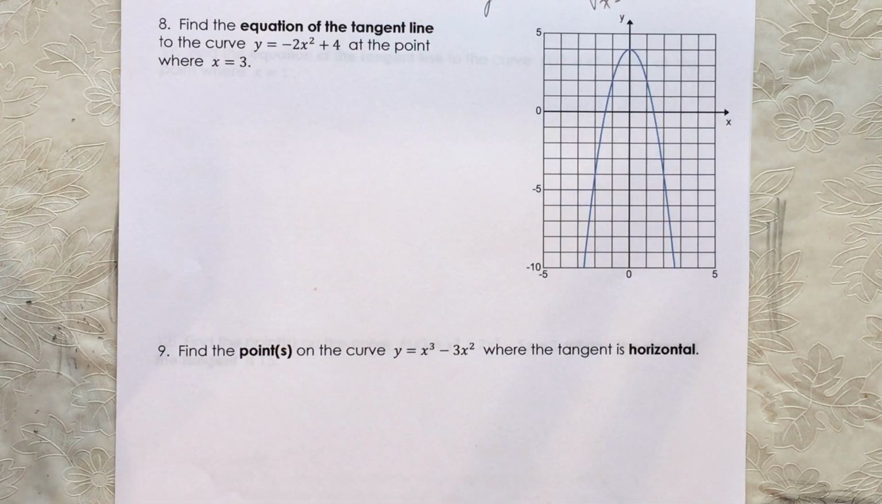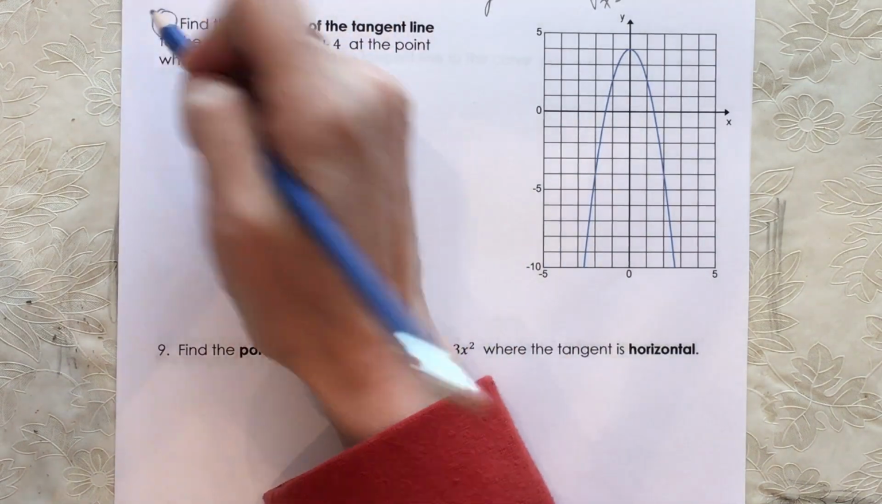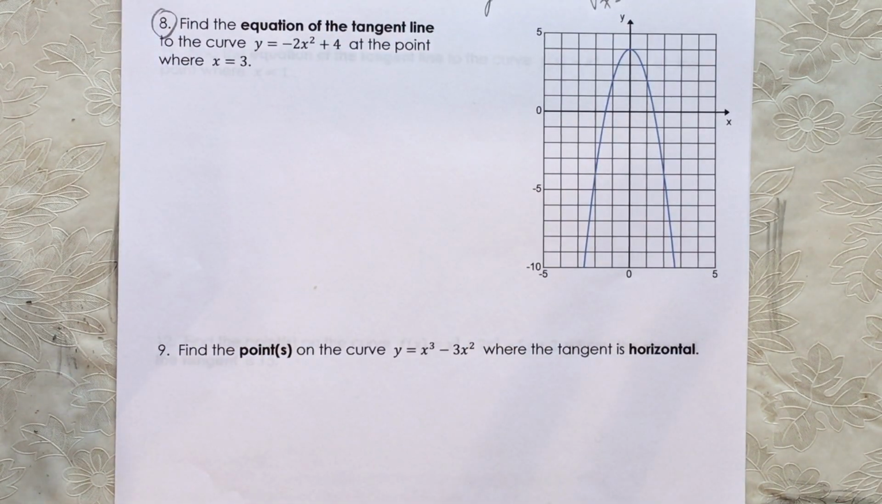So this is part 2 of the power rule. We're going to start some application questions now. The first one, number 8, says to find the equation of the tangent line to the curve y equals negative 2x plus 4 at the point where x